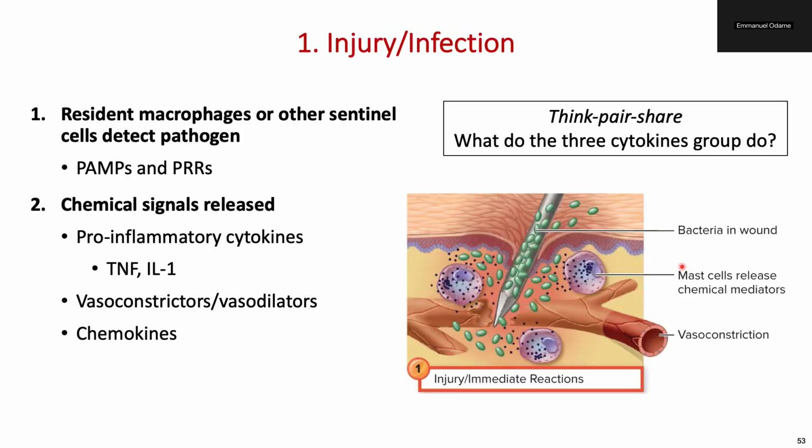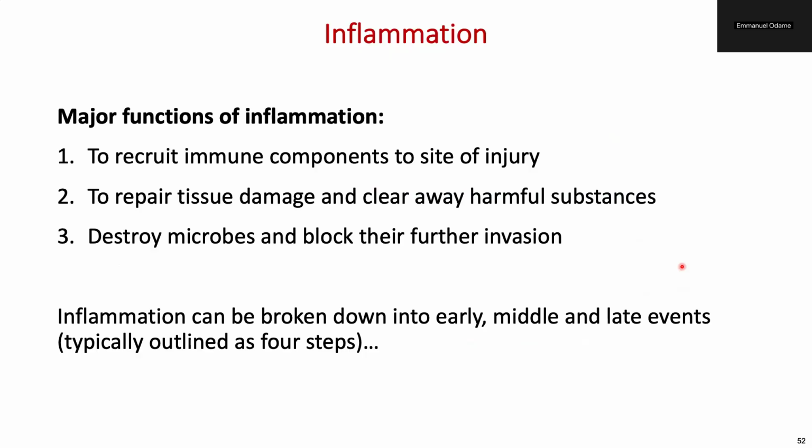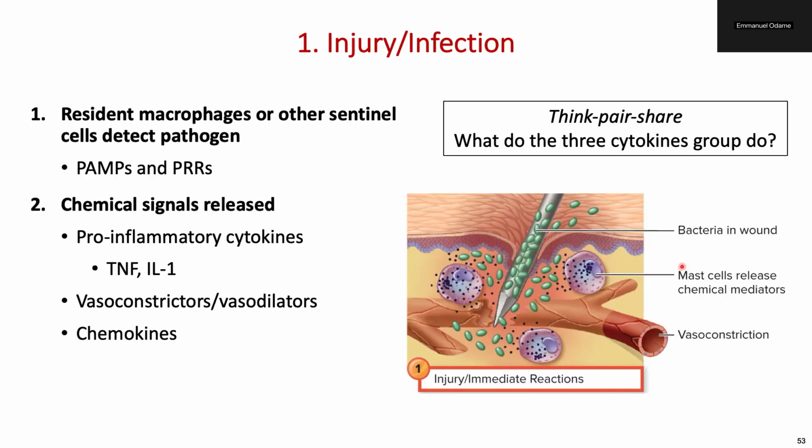So let's talk about the first one, which is injury. In injury, we have resident macrophages or other sentinel cells that will go ahead and detect pathogens. So now we get injured, and then we have